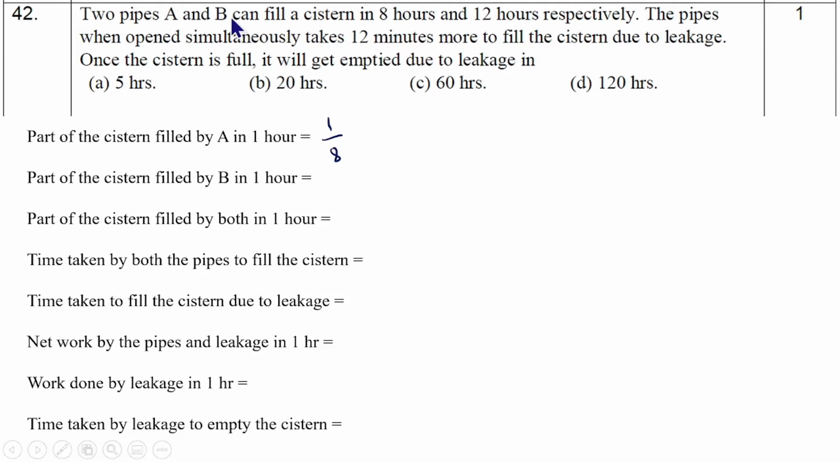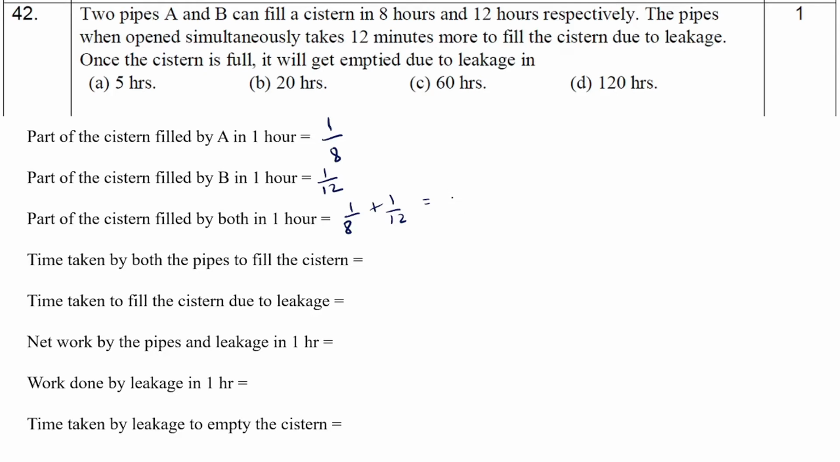And then it is also given B can fill the cistern in 12 hours. It means part of the cistern filled by B in 1 hour will be 1 by 12. So part of the cistern filled by both in 1 hour will be the sum of these two. So it is equal to 1 by 8 plus 1 by 12, or it is equal to,